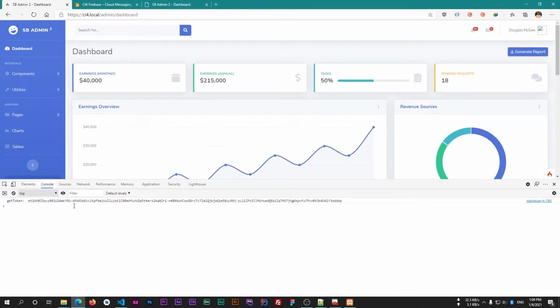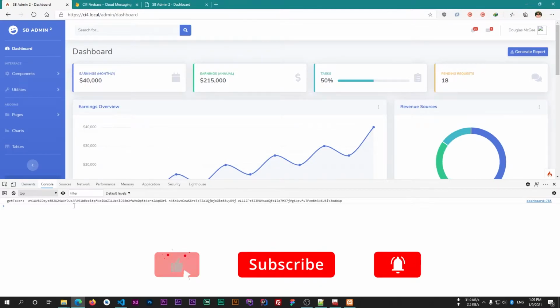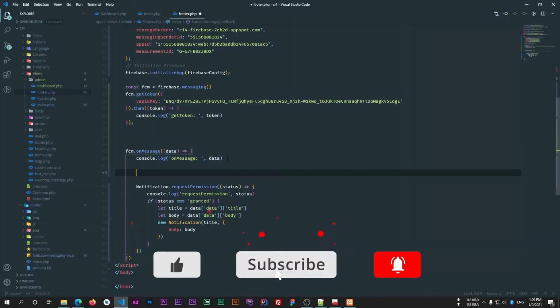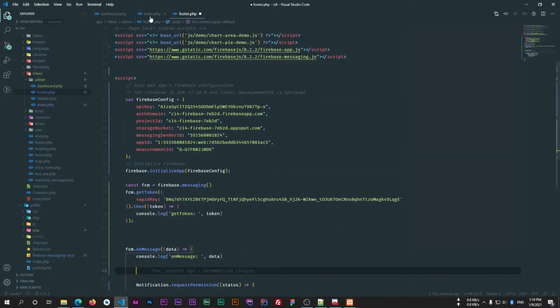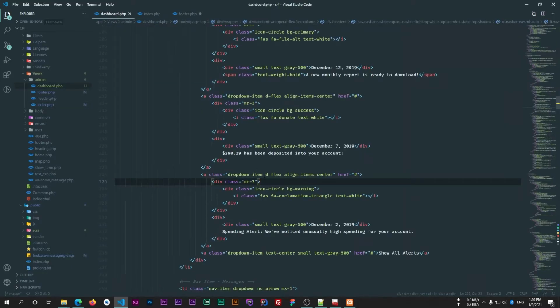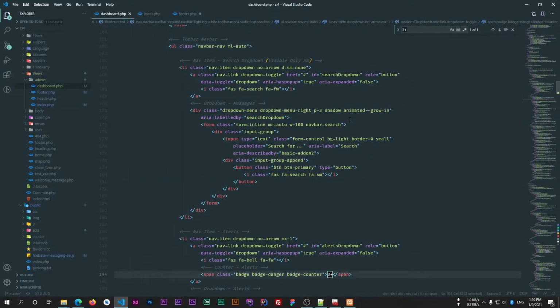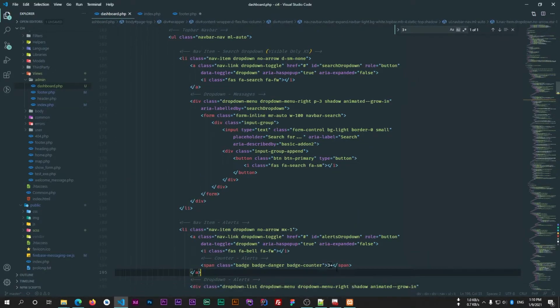Okay, so now we have configured our dashboard with Firebase console. So whenever we receive a notification, let's make the default value of notification badge to 0 so that we can increase its value. So copy the class name.